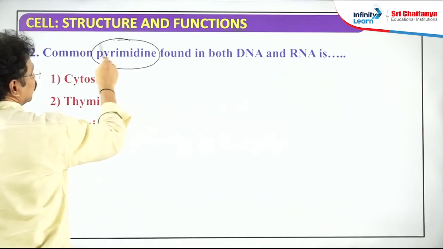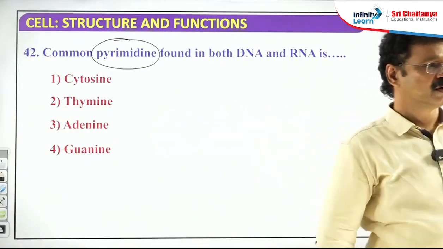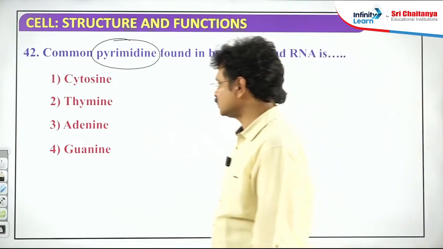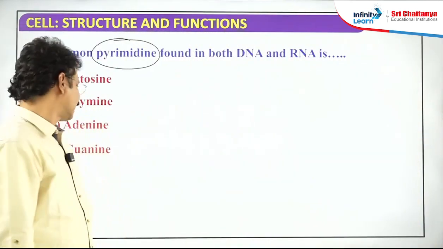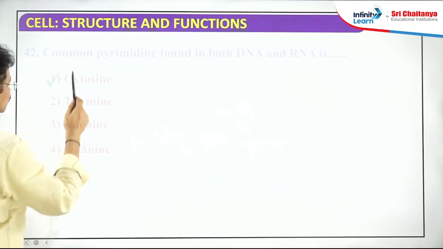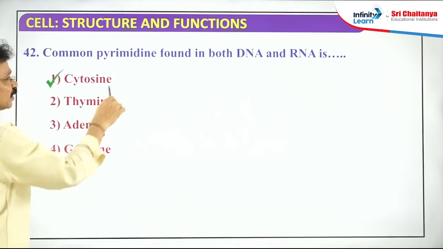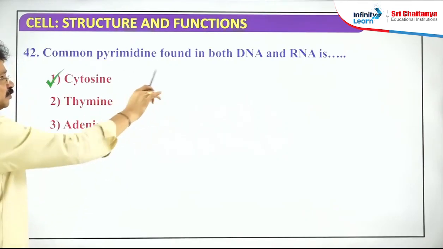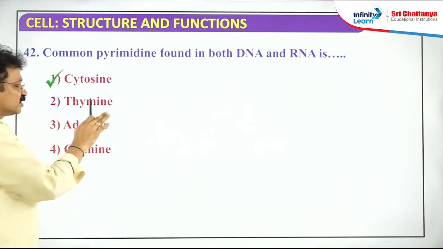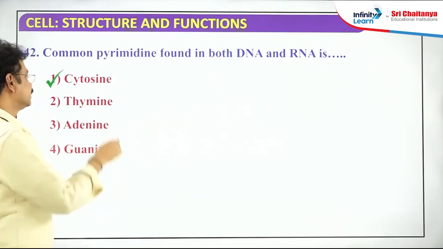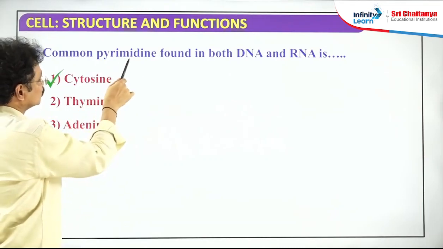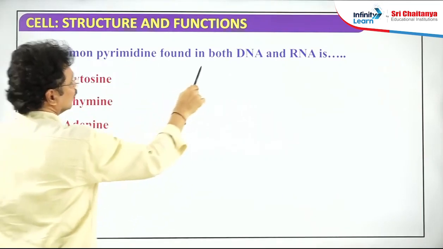Next question. What is the pyrimidine that is common in both DNA and RNA? Pyrimidine, not purine. What is the pyrimidine common in both the nucleic acids, DNA and RNA? Is the common one cytosine, uracil, thymine, adenine, or guanine? Yes, cytosine. Present in both DNA and RNA. What about adenine? Purine, common in both DNA and RNA, and guanine is also a purine common in both. Thymine is not common; it is found in DNA only. Cytosine is the common pyrimidine. It satisfies both conditions: pyrimidine, and DNA and RNA.